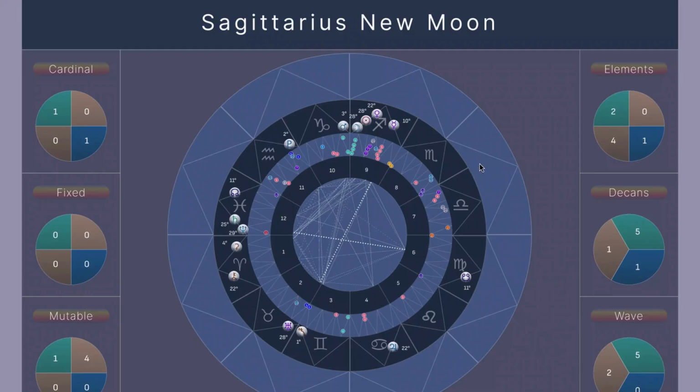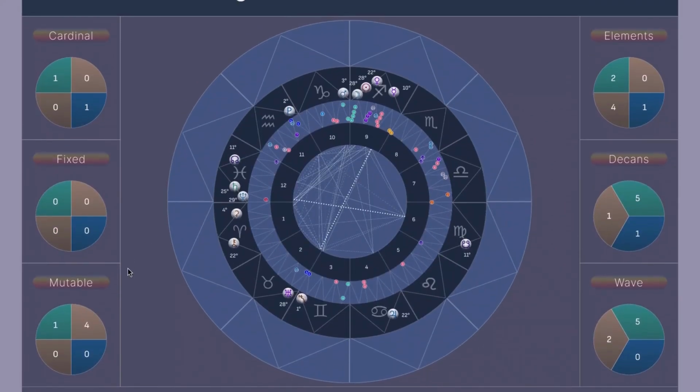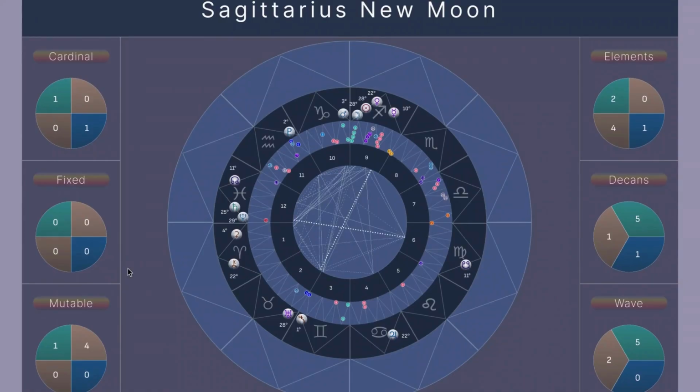You can see one of the things, I don't know if I mentioned this in the last chart. Generally, I think I might have. Generally, I haven't been looking at these side panels with these statistics, because generally what I've noticed is that they're all pretty evenly split. There's nothing really to write home about these. But in the Gemini full moon and in this Sagittarius new moon, they're really not evenly split. There's significant emphasis in certain areas. So here we have an emphasis in mutable signs, and in particular the third quarter mutable sign, which is right here, that's Sagittarius.